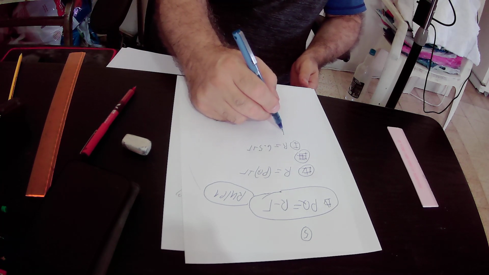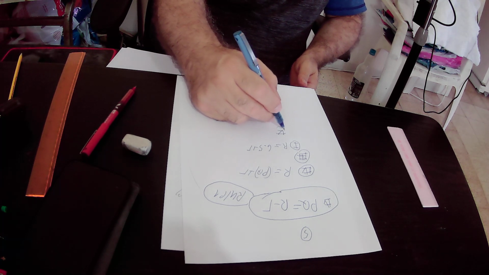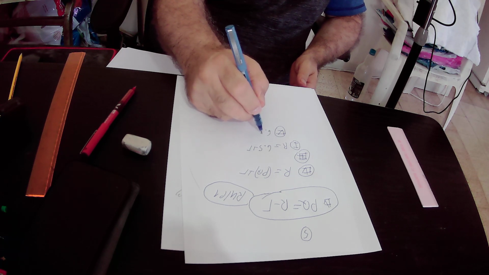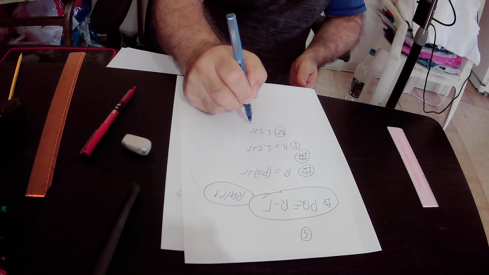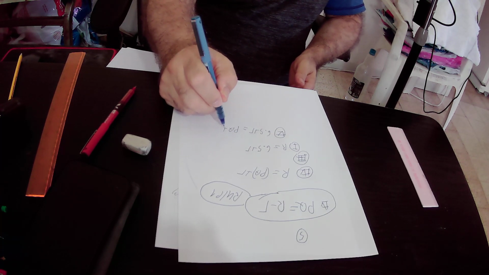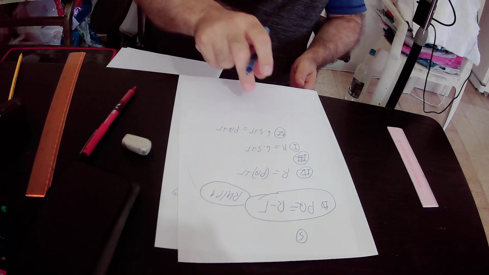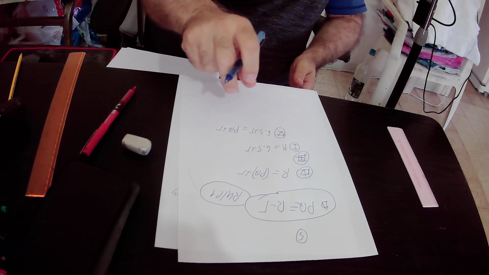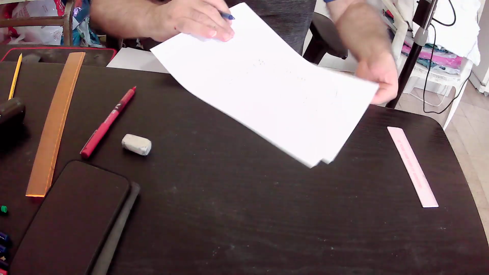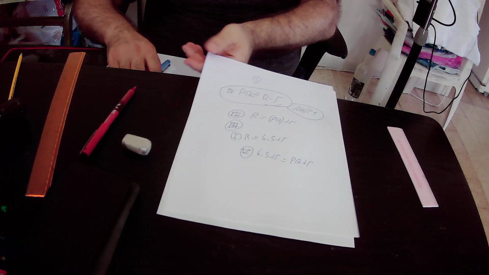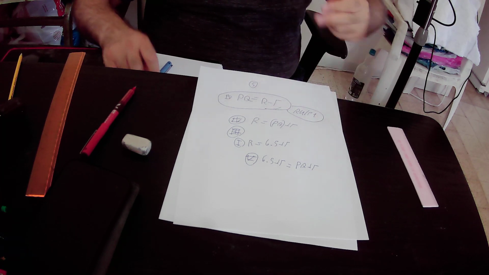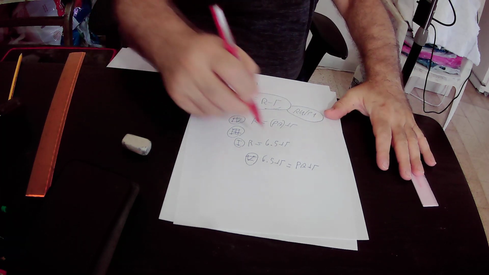That will be equation number 5. That states that 6.5 plus small r equals PQ plus small r. We compare equation number 4 to equation number 3, and we have equation number 5. So here we have small r on one side of the equation and small r on the other side, so we can cancel r,